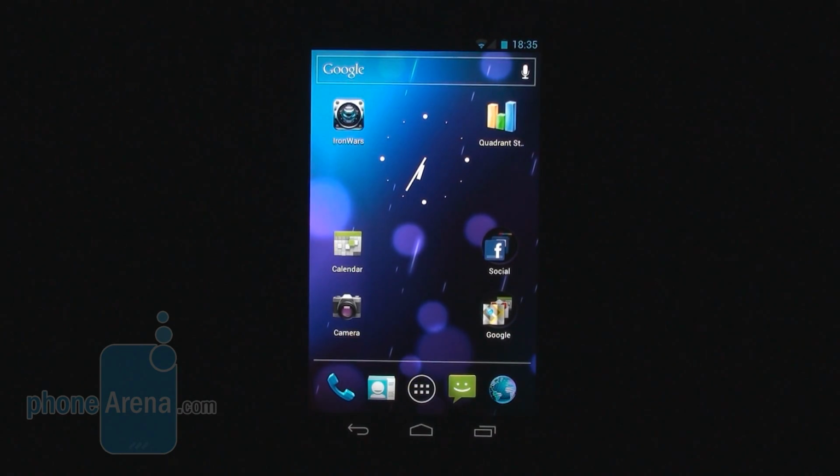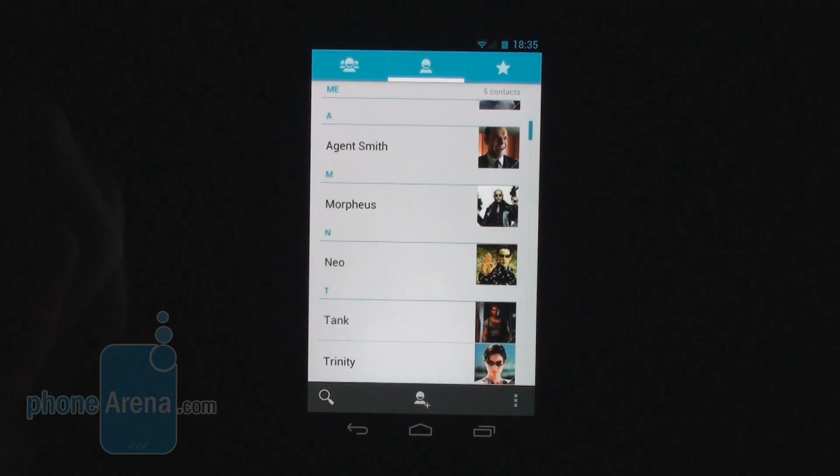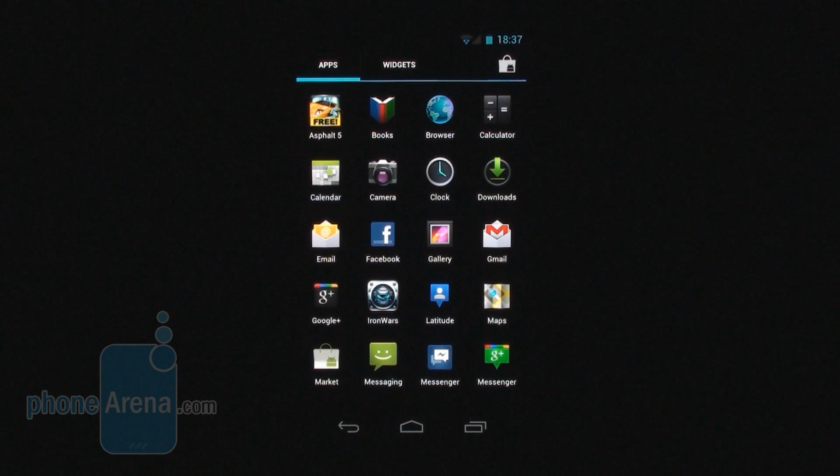Let's quickly check out the People app. We open it like this, and as you can see, it is much more inviting than what we've had until now with Gingerbread or even Honeycomb. And when you open a contact, we see this nice large image here at the top and the contact details below. Google has redesigned the email and Gmail